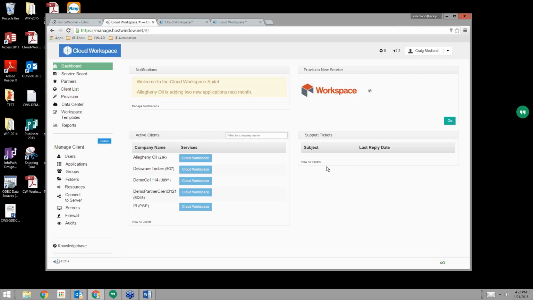And also, I think there's a very low barrier to adoption, because really the Cloud Workspace platform is just an overlay over vSphere, and an overlay over Windows Server. So you don't need to learn a lot of new technology here. A lot of you are probably very familiar with PowerShell, for example.